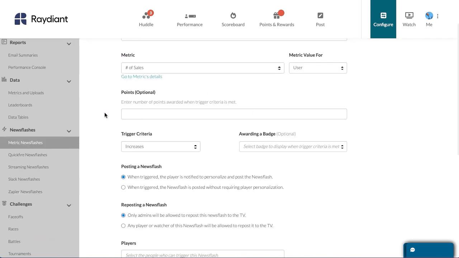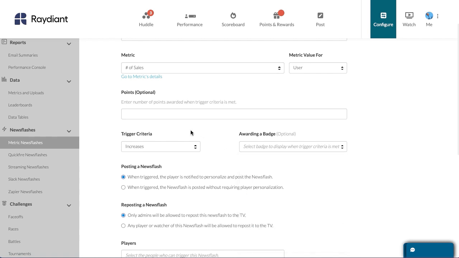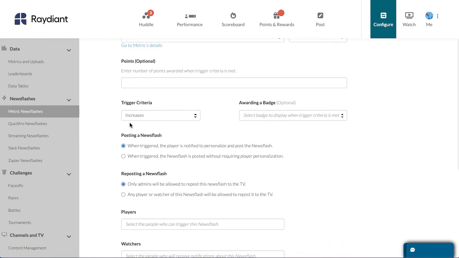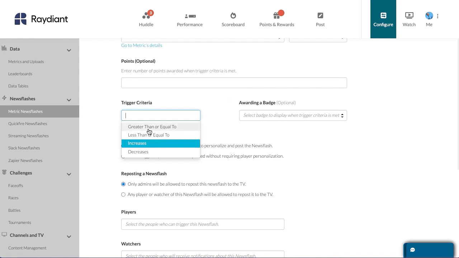If you are using points and rewards, you can add optional points, and you can also add a badge. Here is where we'll decide what will trigger that newsflash. We can use either increases, decreases, greater than or equal to, or less than or equal to. If we're trying to set up a newsflash that goes off when someone has 10 sales this month, we'll choose that greater than or equal to